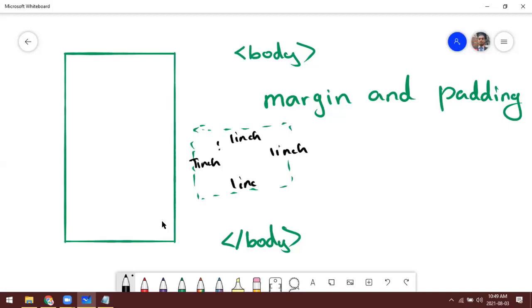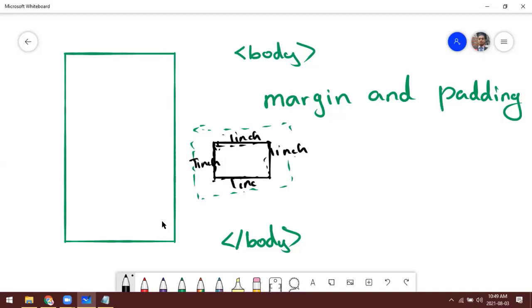So this is the area available for us to type. If we leave margin, then the typing area is limited to this, because for all these 4 directions, top, right, bottom, left, we have made 1 inch margin space.